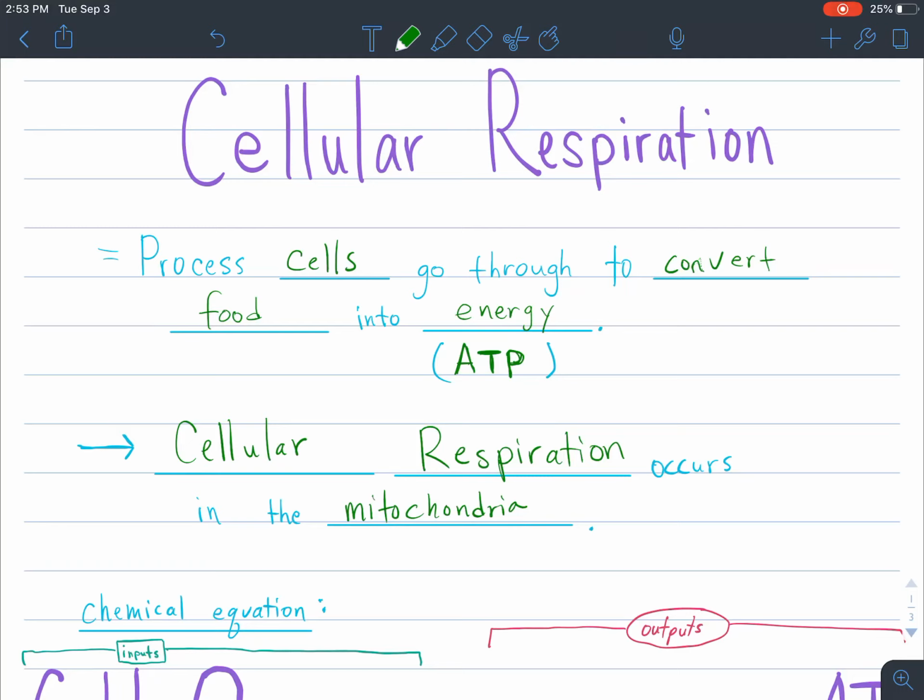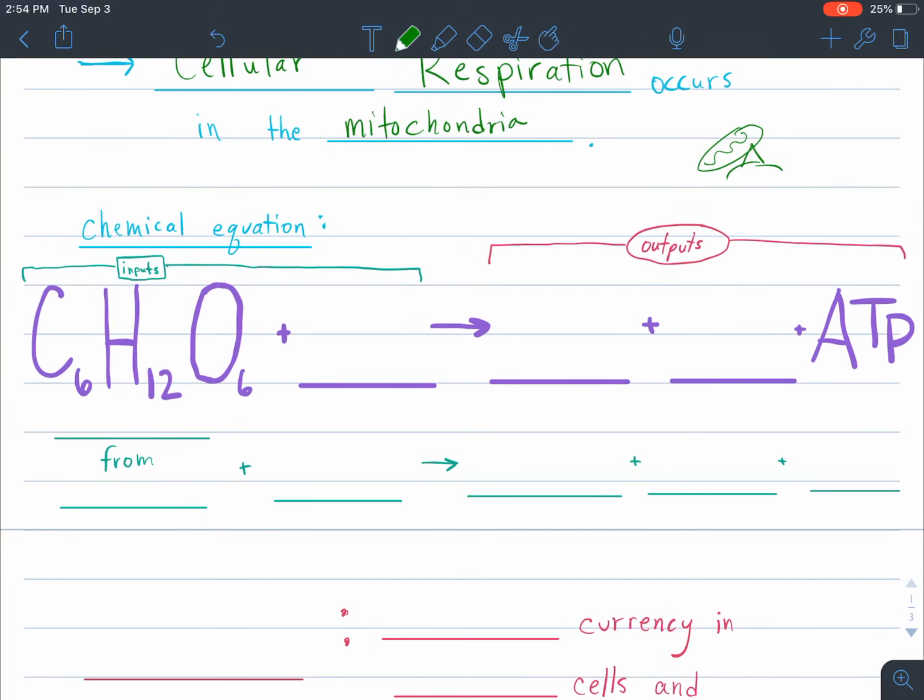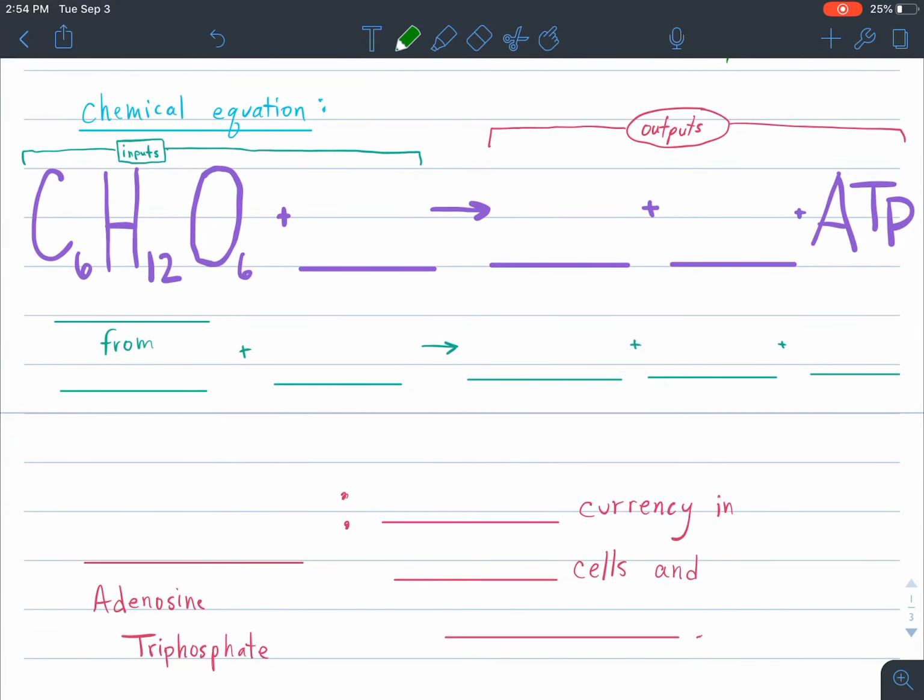Photosynthesis happens inside of the chloroplast in a plant cell, and cellular respiration occurs inside the mitochondria in an animal cell. So if we were to go inside of that mitochondria, which is that little bean-shaped thing like this, if we were to zoom in, we could actually see a chemical reaction happen, which is this here below. So the chemical equation is that we eat food. And when that food enters our body, it's broken down into glucose. And that glucose comes from our food. The chemical formula for glucose is